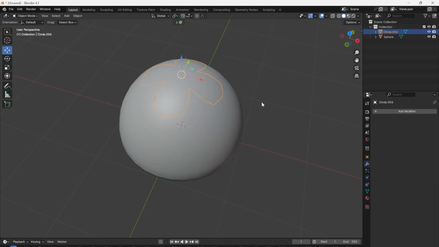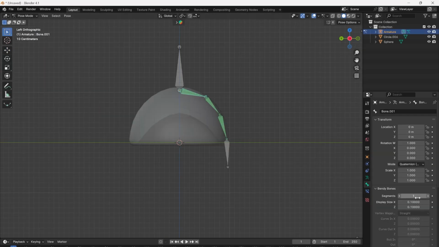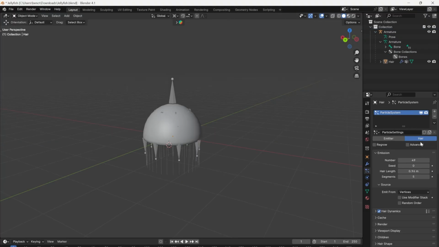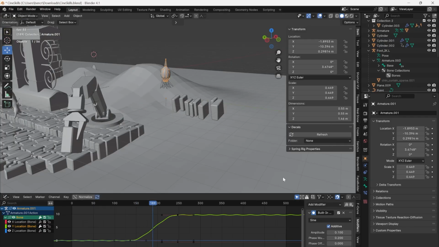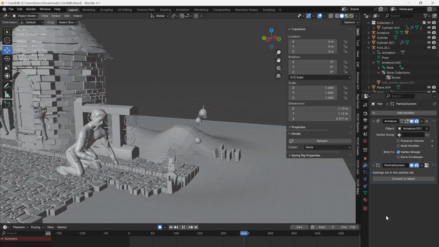I modelled then rigged a jellyfish. I used bendy bones and a particle effect for the tentacles. For the animation, I used a modifier to simulate floating. I couldn't find this reference, but I wanted the big jellyfish to swim away first, leaving the small chubby one